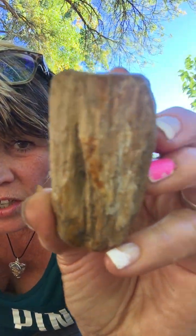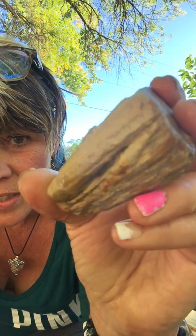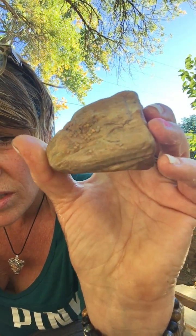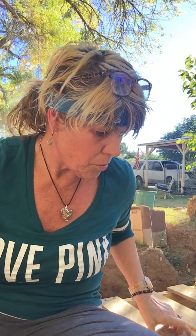So it's just really wild to think that a lot of the things that are on the ground actually used to be living and are coming up now. It blows me away when I look at them. And I know all of them aren't. I'm sure some of them are just so-called rocks, but